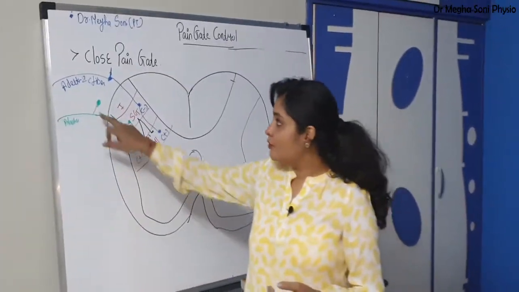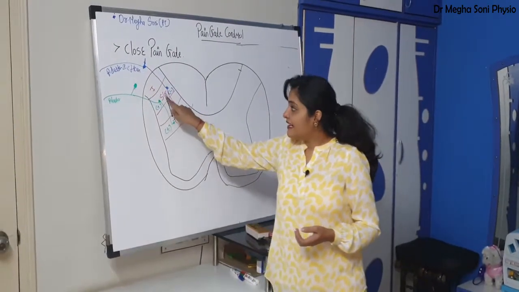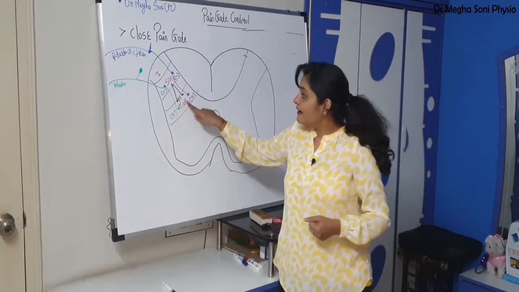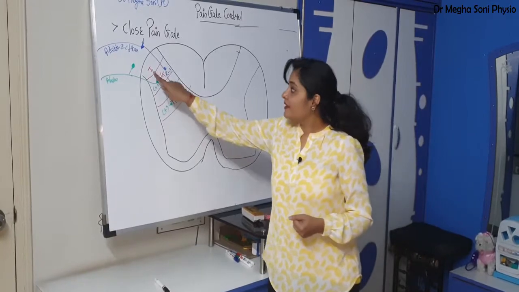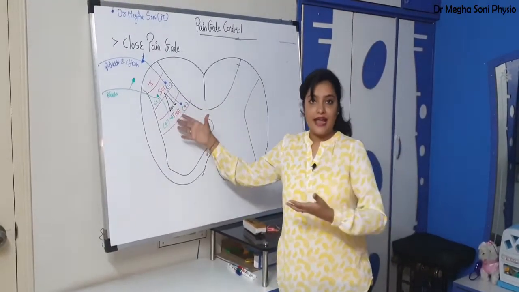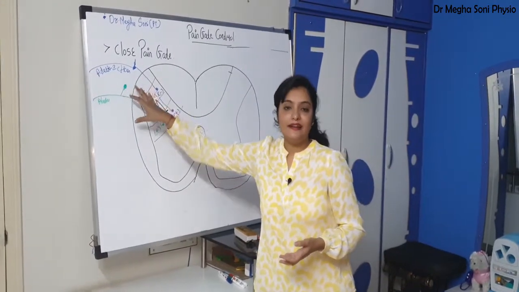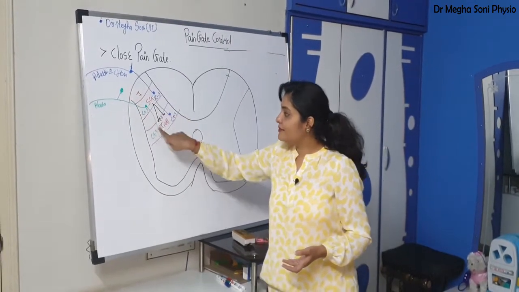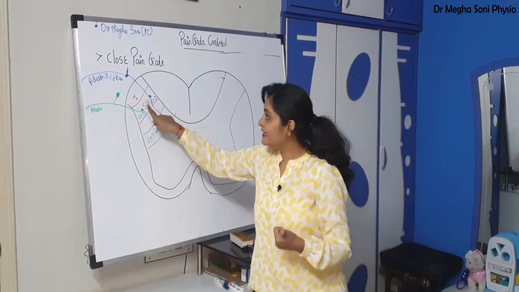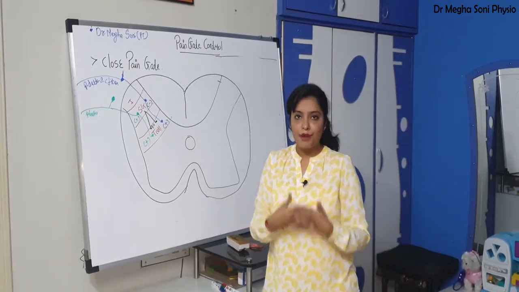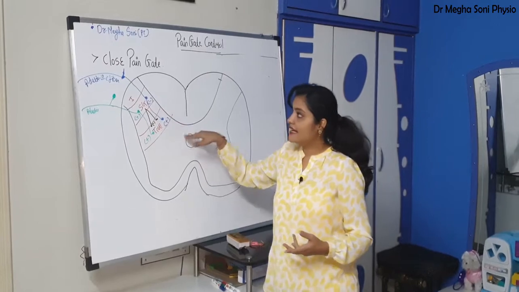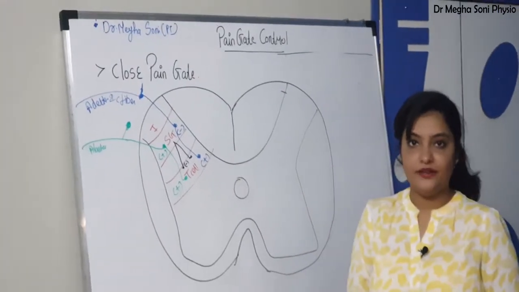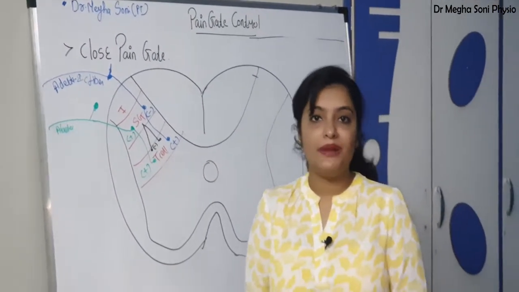So what will the A delta and C fibers do? They reach the gate and tie up Bahubali, and they go to Ballal Dev, that is the T cell, and ask for his help, and Ballal Dev allows the A delta and C fibers to attack Maheshmati. This means the A delta and C fibers stimulate the T cell and inhibit the SG, meaning they tie up Bahubali, and the T cell allows these external forces to go to the brain to attack Maheshmati. This mechanism we call the open pain gate mechanism.